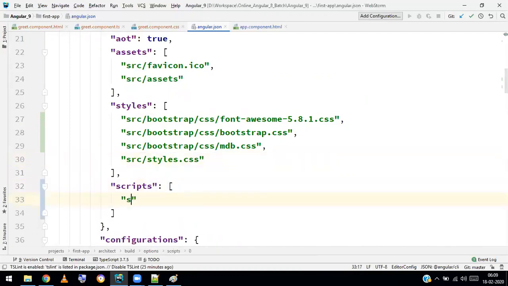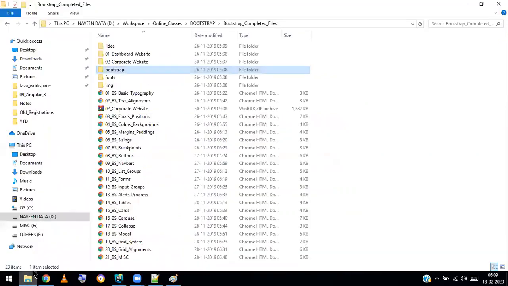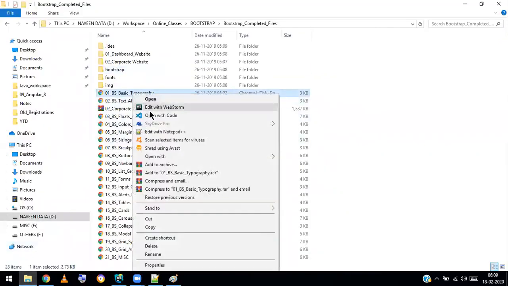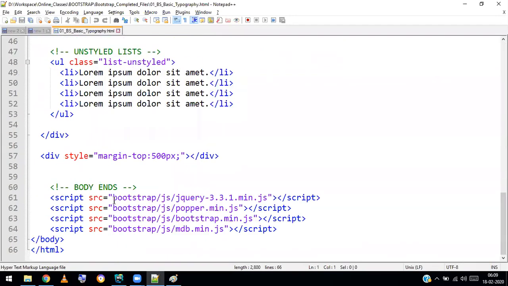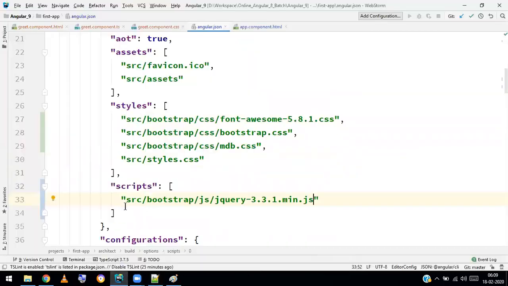So I'll take src folder slash bootstrap, but I don't want to write it all here. I'll just select this file, bootstrap slash jQuery. So I'll make this here: bootstrap folder, JS and jQuery.